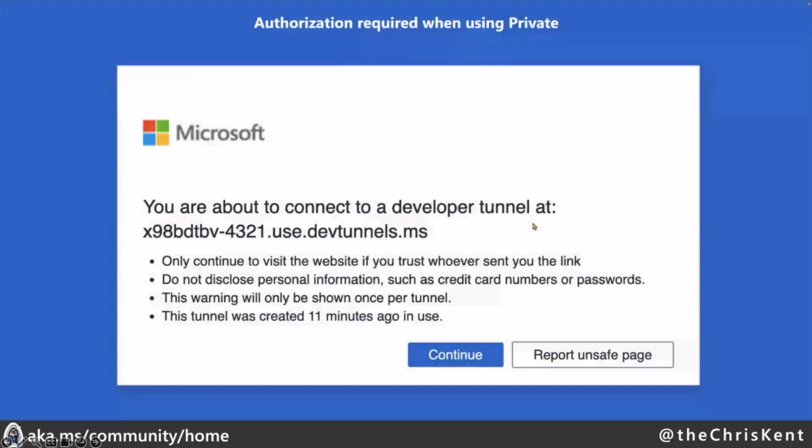Very exciting. And then if you keep those on private, before you can use those, you have to open those in a browser and authorize them. So I'm going to recommend you don't keep them on private for now. That could be very important if you're doing something like using these for, say, a web service. So these are a fantastic way. If you've got a web service that's running locally and you want to debug it against your SPFx